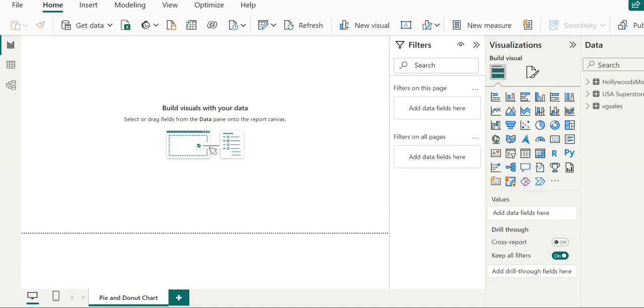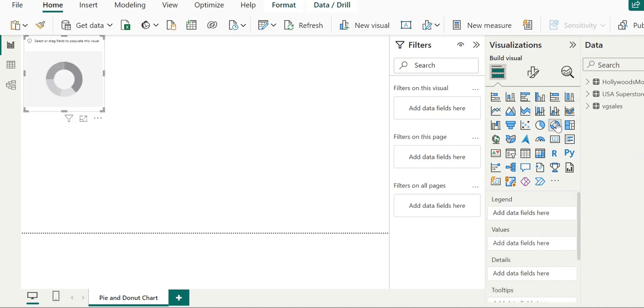Now today it's the time to create a donut chart, and it's like a pie chart. In the last video we created a pie chart using Hollywood most profitable data. Now it's time to go ahead with a blank report, and we will create a donut chart with the VG sales, video game sales data. We have even used it before,